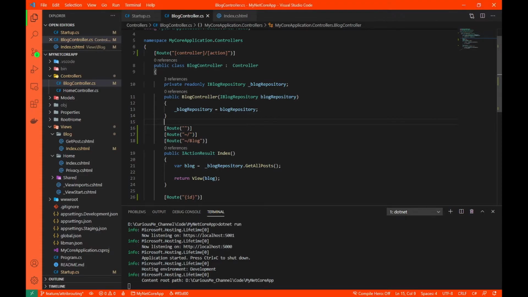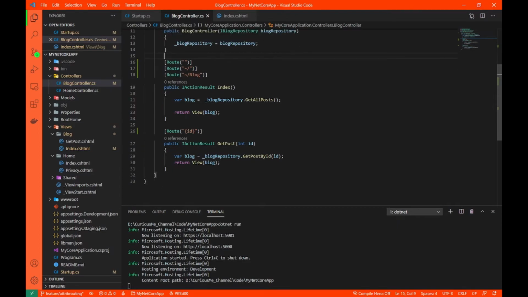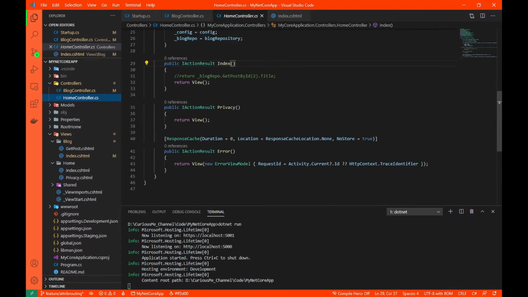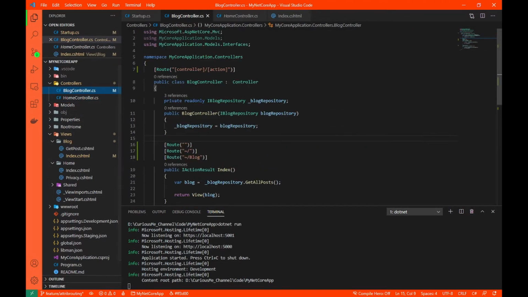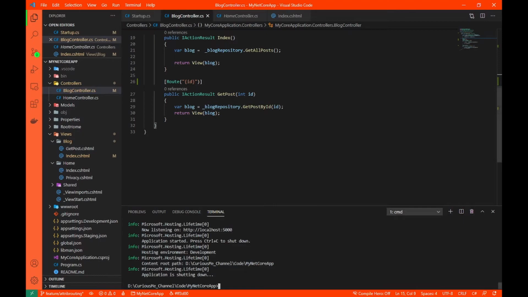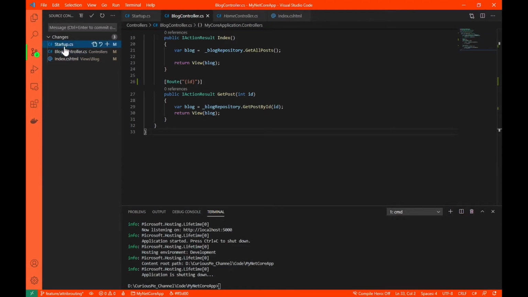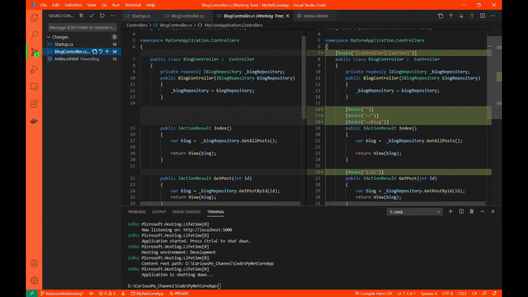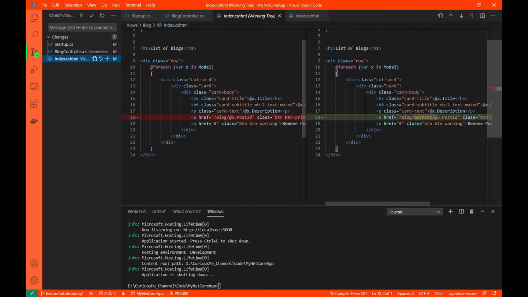Okay, so basically I have covered everything related to attribute routing. Now I have only added route in this blog controller. Similarly, you can add routes in home controller as well. Okay, it's your choice. Now let me quickly go ahead and do a few things. Let me stop this. Okay, index.cshtml.